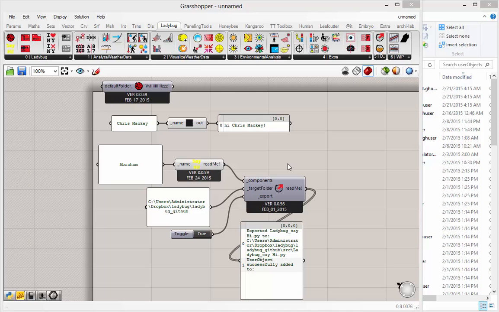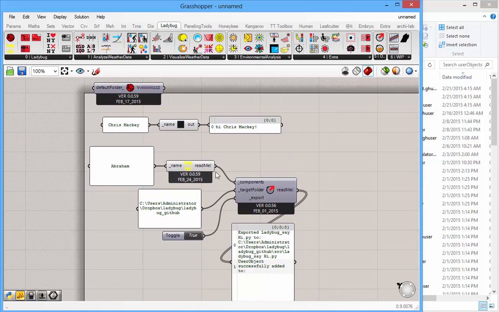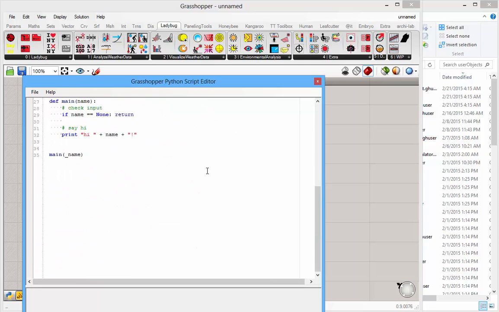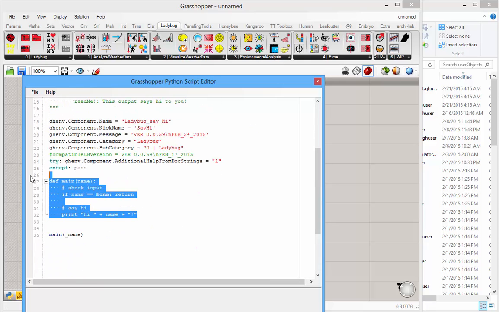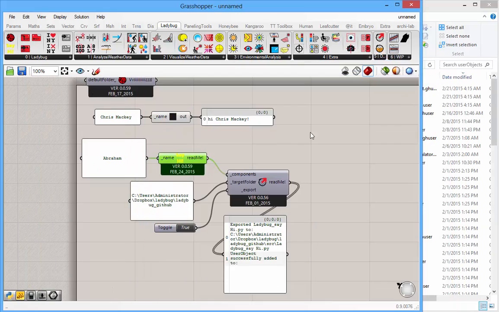If you watched the first video, you should now be able to create a Ladybug component and know how to add it here. But in that component, we didn't use anything from Ladybug, right? It's just generic Python code. It has nothing to do with Ladybug. So now what I want to show you this time is